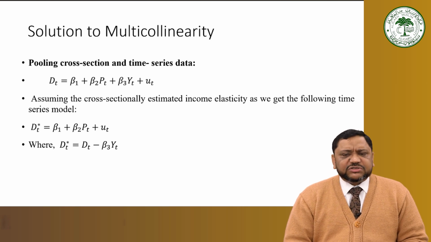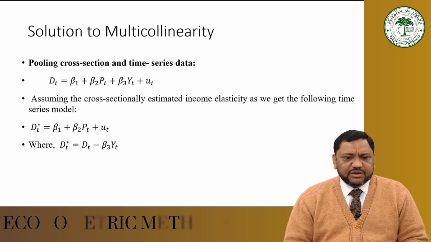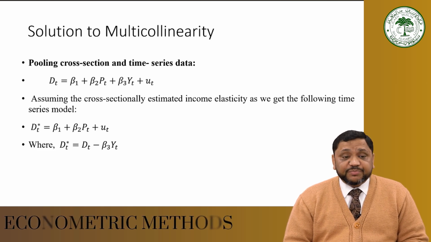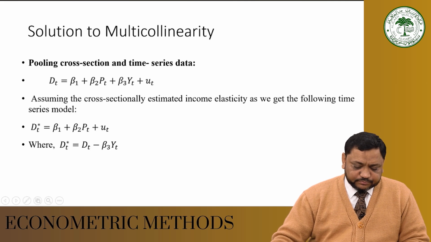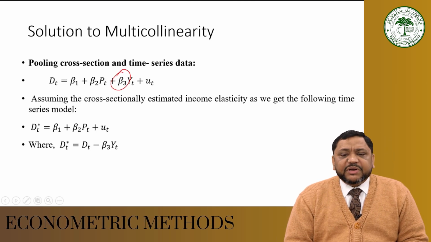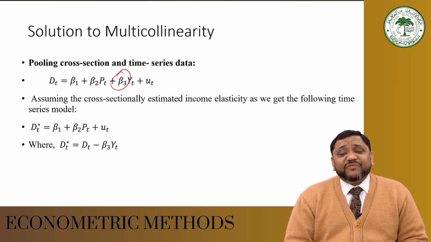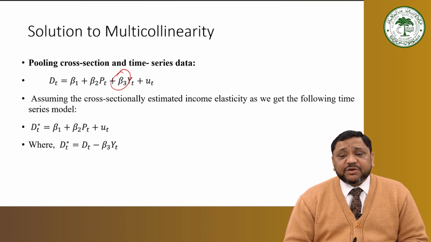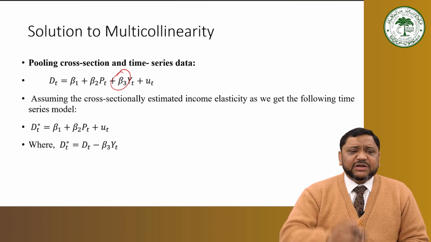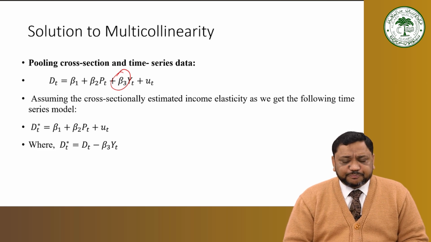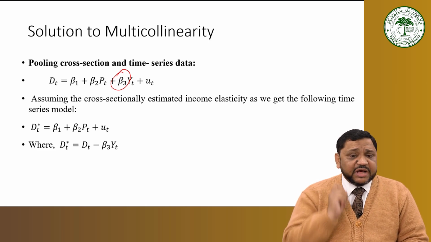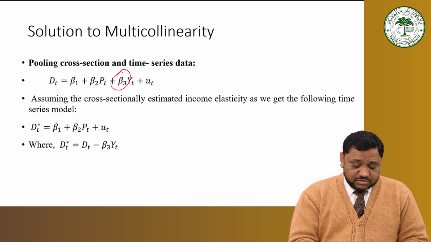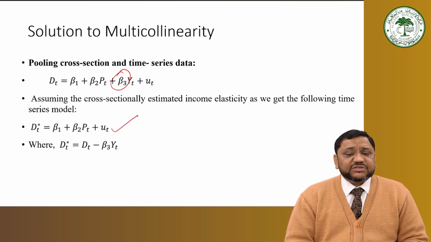Now if we have this cross section data, we should first estimate the income elasticity, that is the coefficient B3 over here, because in such type of data, because this is cross section at a particular point of time, the price will not vary. So assuming this cross sectionally estimated income elasticity, we can estimate this relationship,